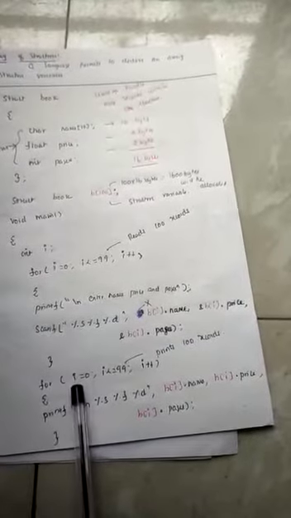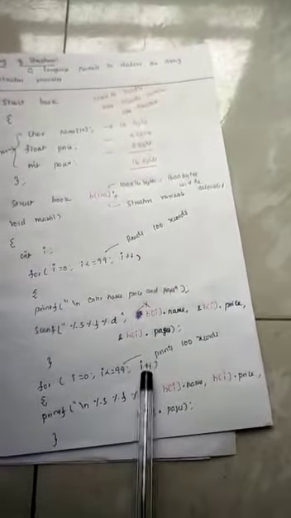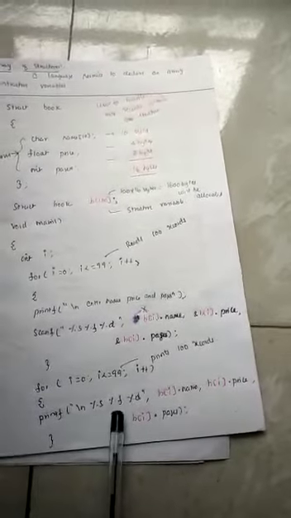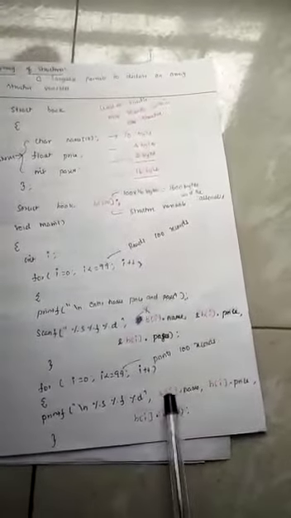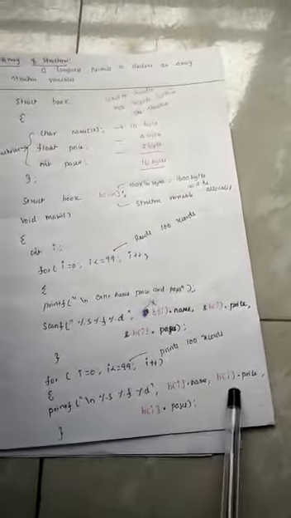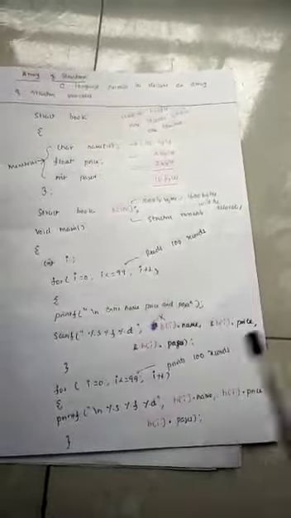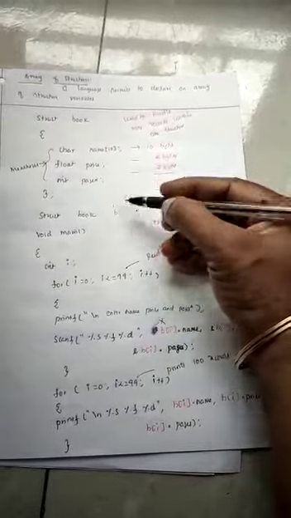Then to print the 100 records, we require a for loop. I is equal to 0, I less than or equal to 99, I plus plus, that is I is equal to I plus 1. We know that already. To print the string, again percentage S, percentage F to print a float, percentage D to print an integer. We are printing through B of I dot name, B of I dot price, B of I dot pages. So 0, 1, 2, 3 up to 99 records it will print and come out from the program. This is the usage of going for array of structure variable. Whenever we create an array of structure variable, we have to use this one. B of 100 has to be used.